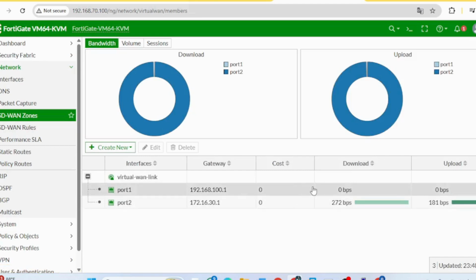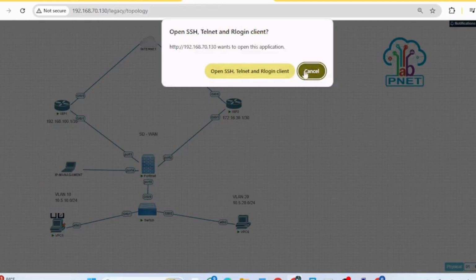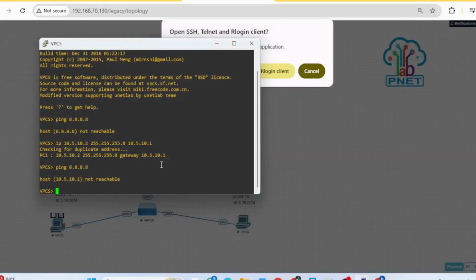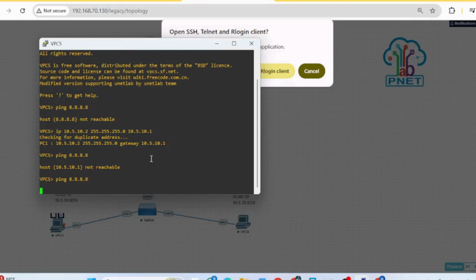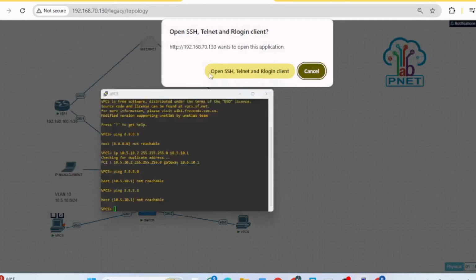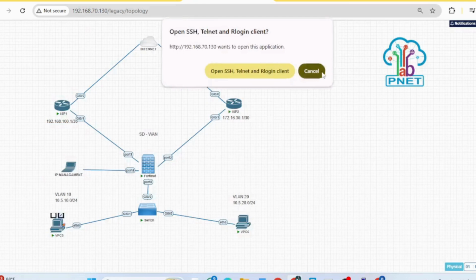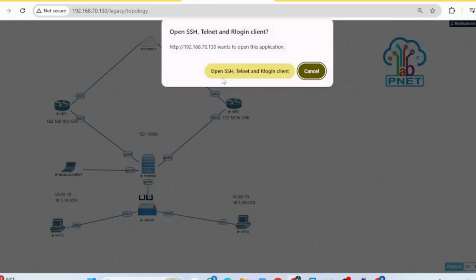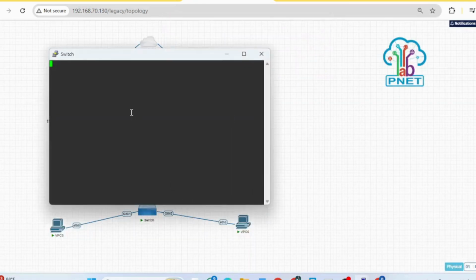This time the data has been counted, but there's no action. But I can't ping. That's strange. That's odd. Where's the problem? Can't figure it out.